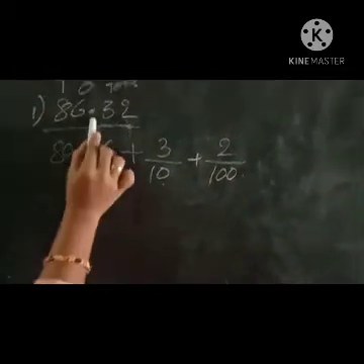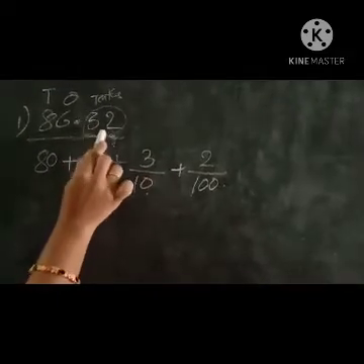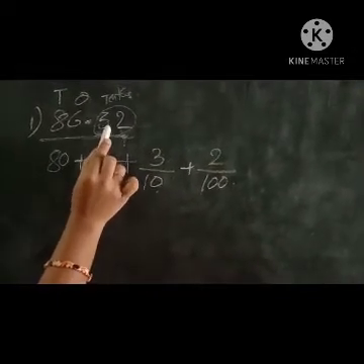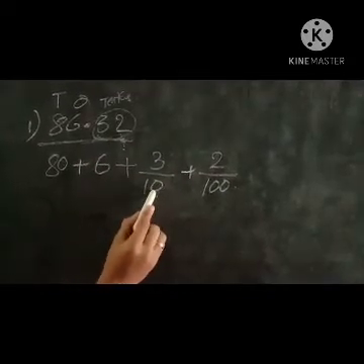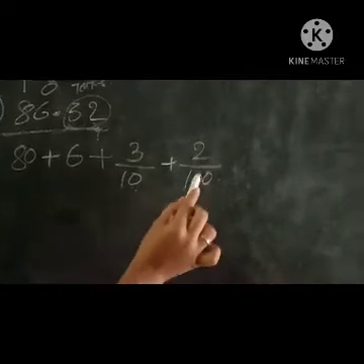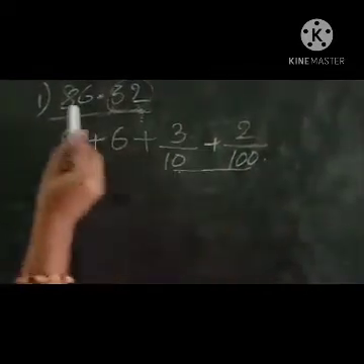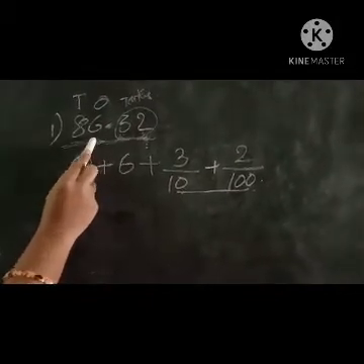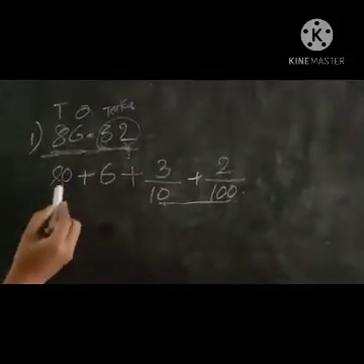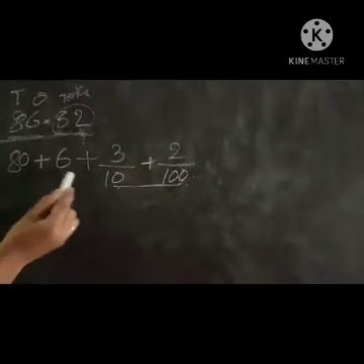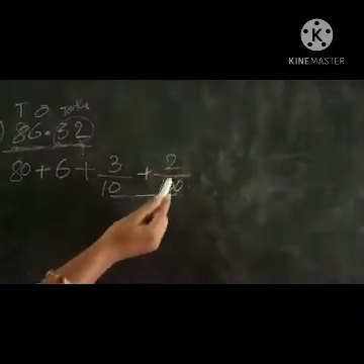After the decimal point, this is the decimal part. I already told the introduction, no? What is this? This is the decimal part. Decimal part we have to write by. Okay, decimal part we have to write as 3 by 10 plus 2 by 100. Again this is the normal part only, no? This is the numerical normal part. So how we will write this number? 80 plus 6, no? 80 plus 6 plus 3 by 10 plus 2 by 100.